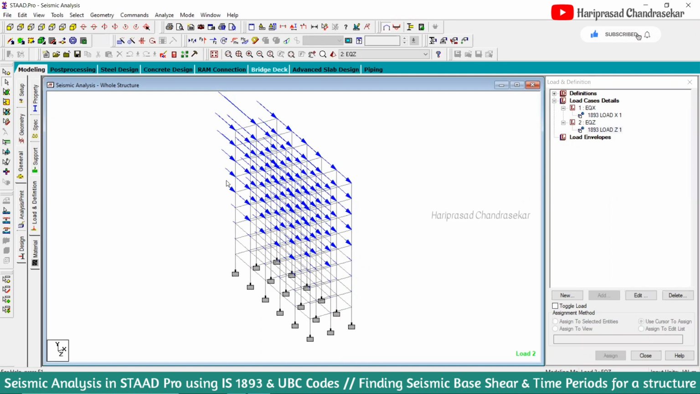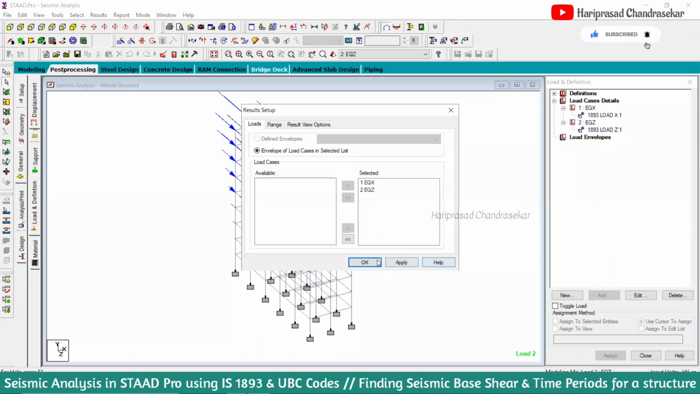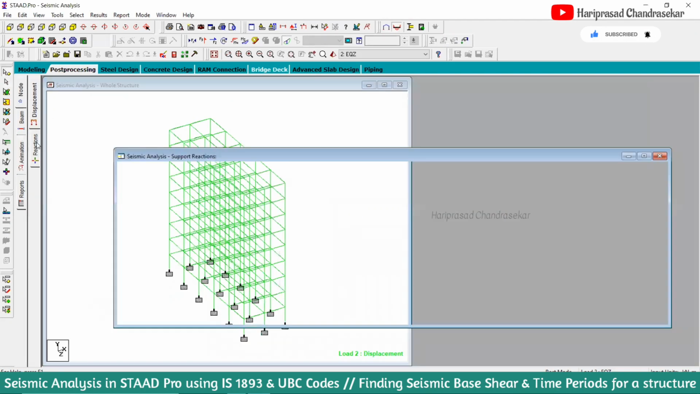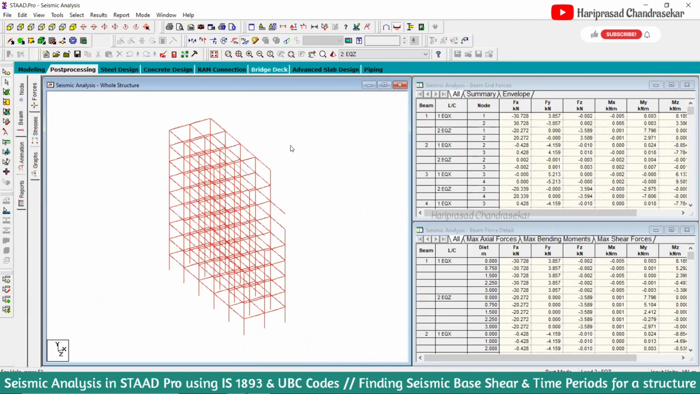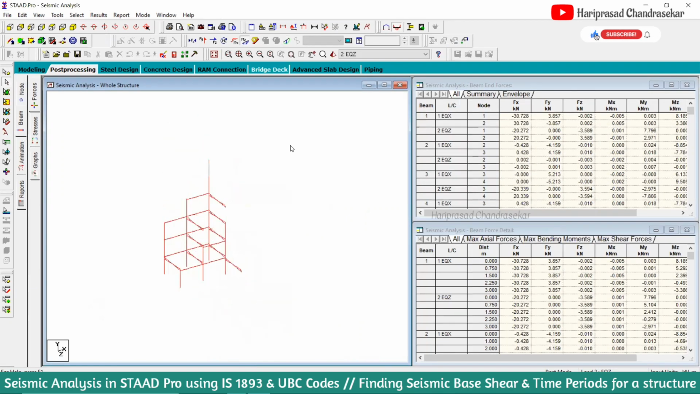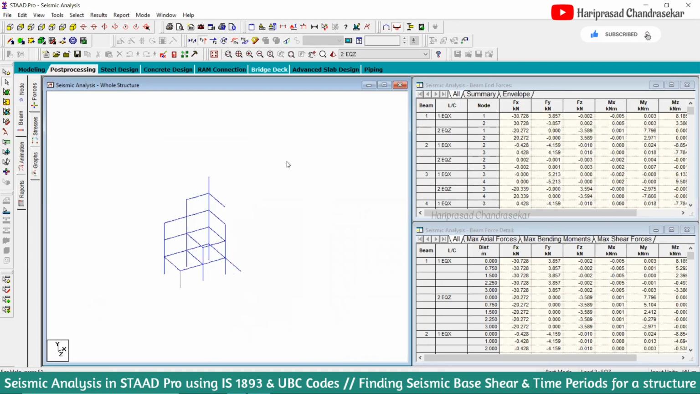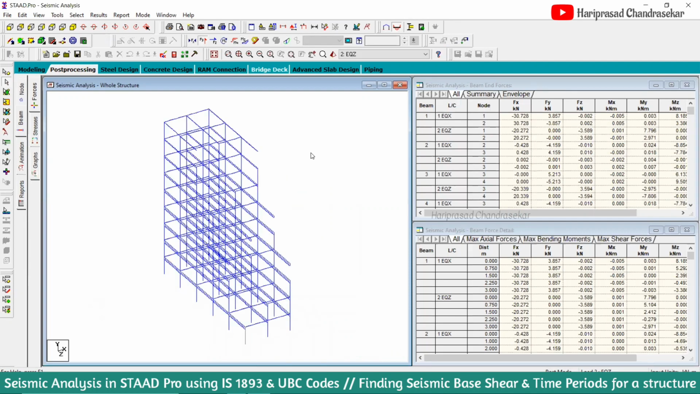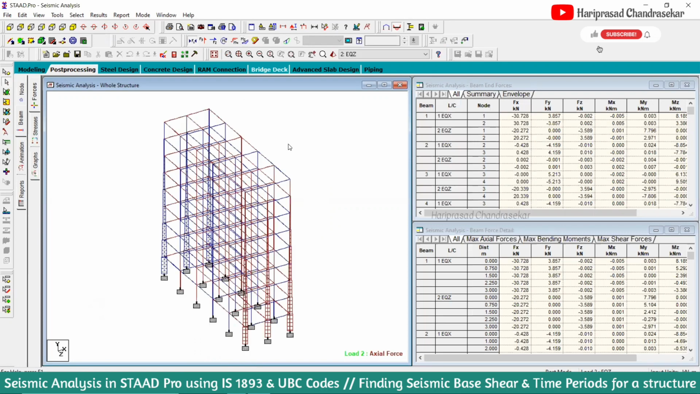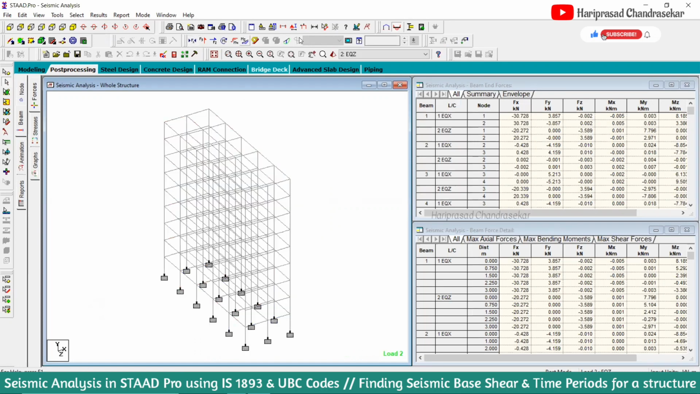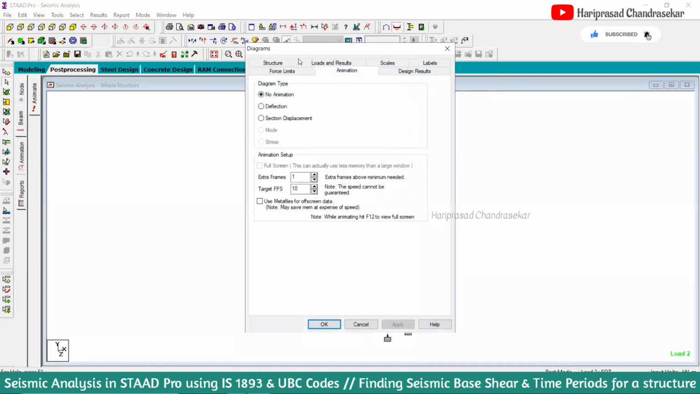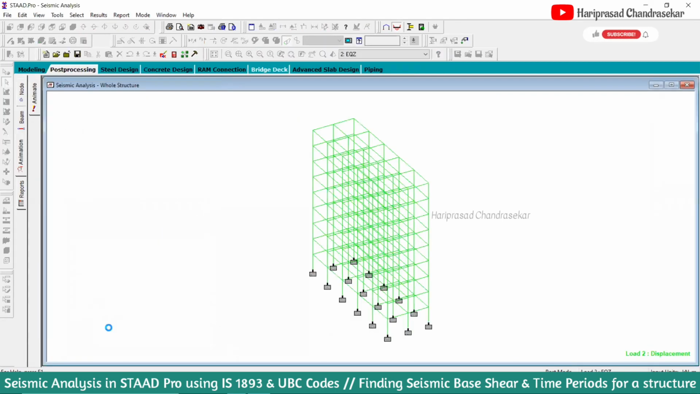Now we can go to post processing and select the thing. And as usual, reactions. And for the beam, you can see the shear forces and bending moment, and also the axial forces. So you can see everything as usual: deflections, and you can also see the stresses and animation. Since it is earthquake analysis, you can see how the building